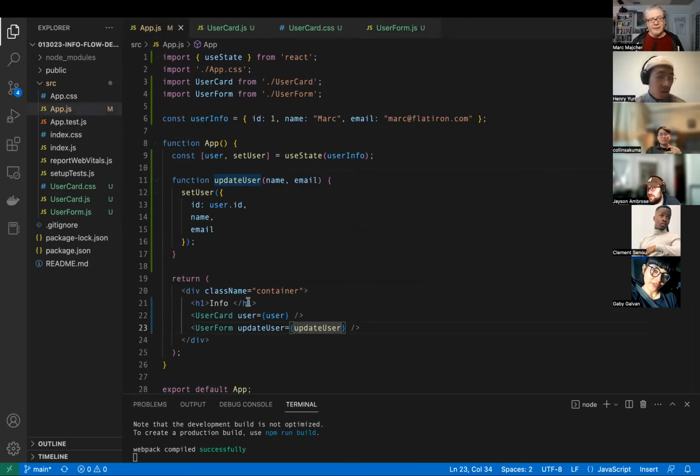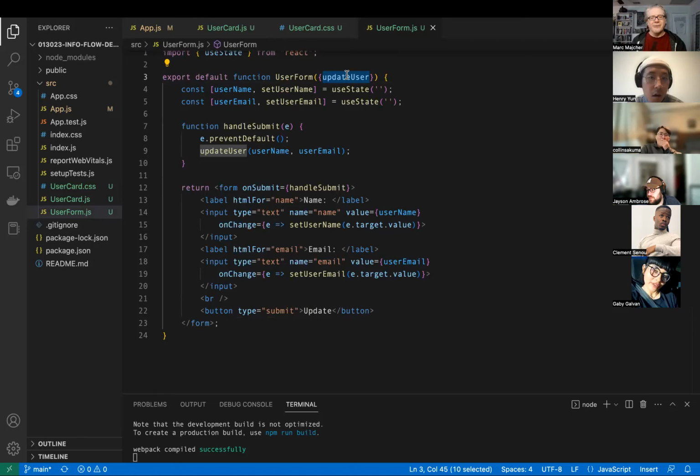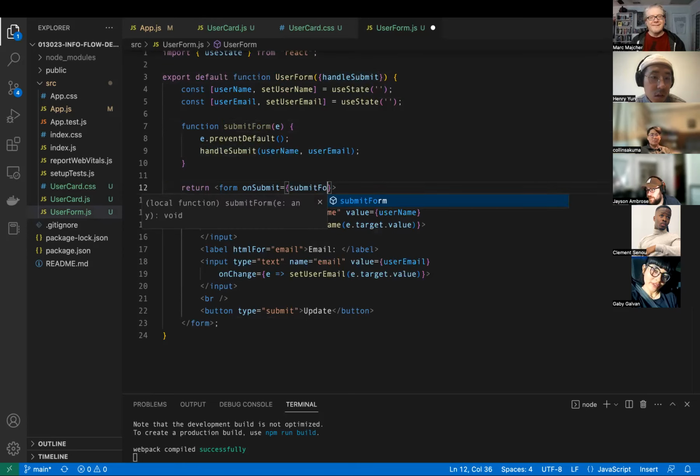We could have, if we name this handle submit, I said I'd talk about it later, and I'm doing it right now. Handle submit. Boom, handle submit. And we'll call this one submit form. Cool. So now,